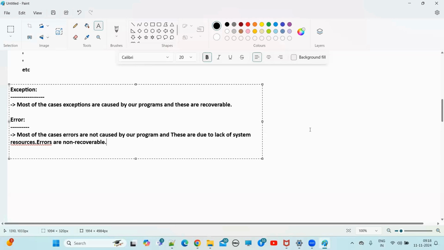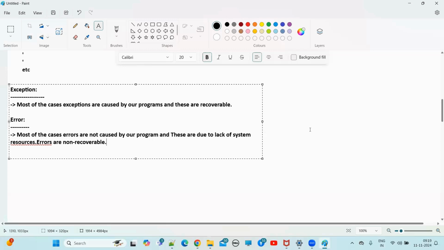For instance variables and everything, we are allocating memory. Where are we allocating? In the heap memory. So let's suppose you are unnecessarily creating a lot of Java objects which are not useful. Then we are wasting heap memory. After some time, when you want to create the Java object which is actually required to perform some activity, there is no memory in the heap. So you will end up with an out of memory error.